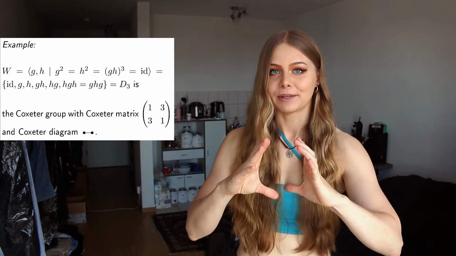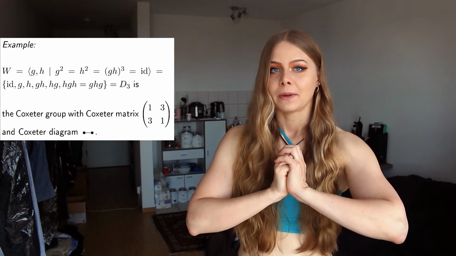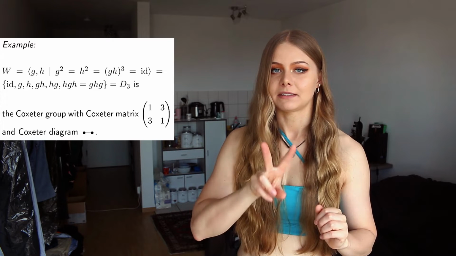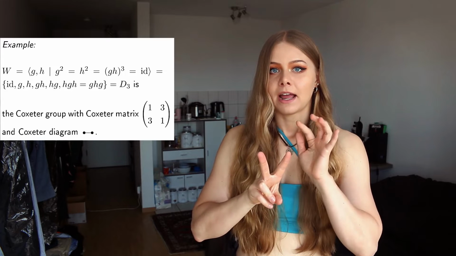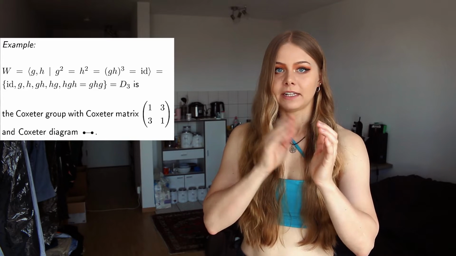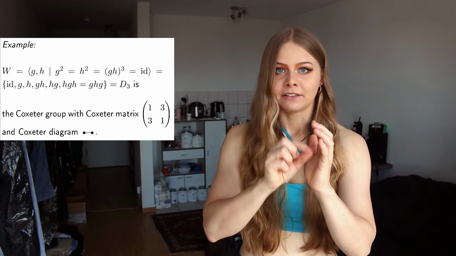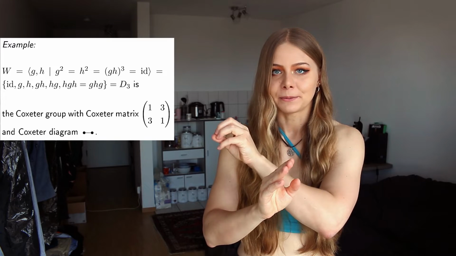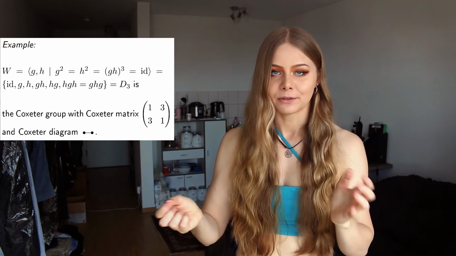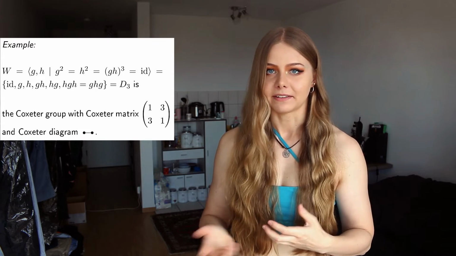Let's look at the 2 times 2 matrix again with 1s on the diagonal and 3s in the other entries. We can see that we have 2 different elements in our generating set. Let's call them G and H. And we can see that (GH)^3 has to equal 1. We can see that (GG)^1 has to equal 1, so G squared is 1 and H squared is 1, and I say 1 for the identity.